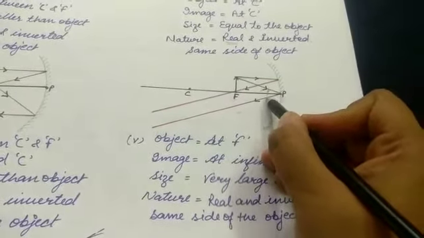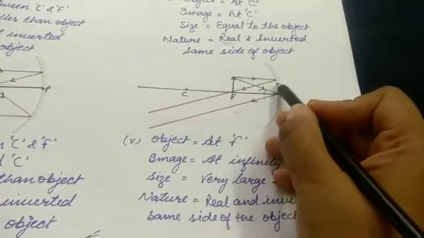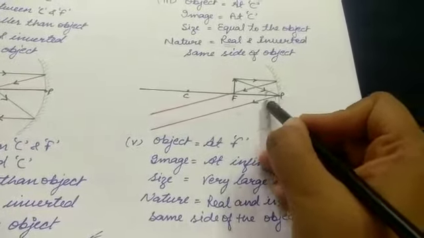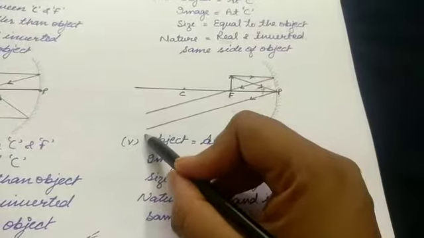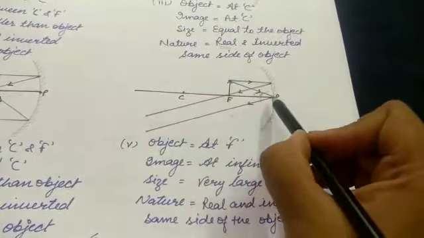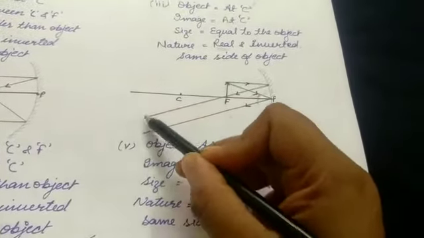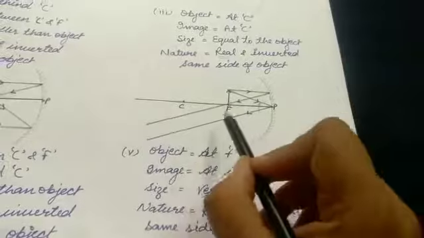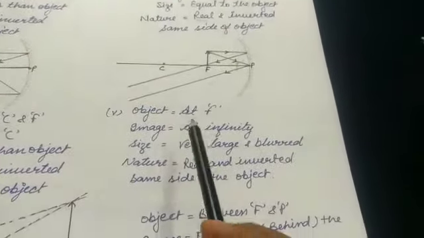So at the same angle, suppose it is an angle of 45 degrees, then at 45 degrees the reflected ray will also go back. In such a case, you can see that both the reflected rays are parallel to each other. They are not intersecting each other, so they will reach at infinity. They will keep on moving, and at infinity they will meet.